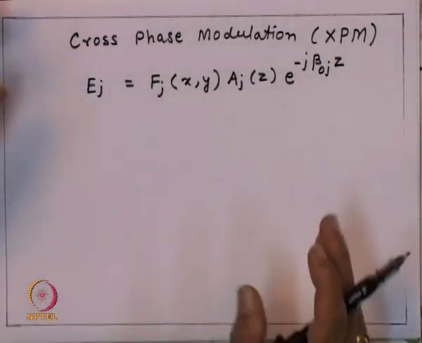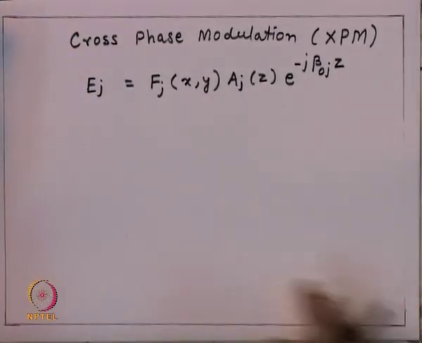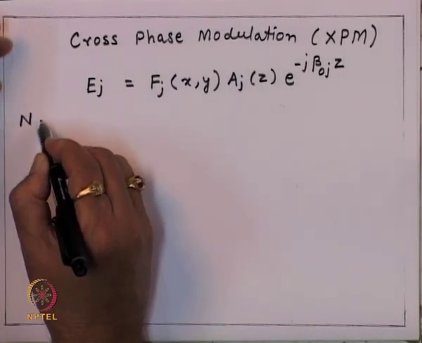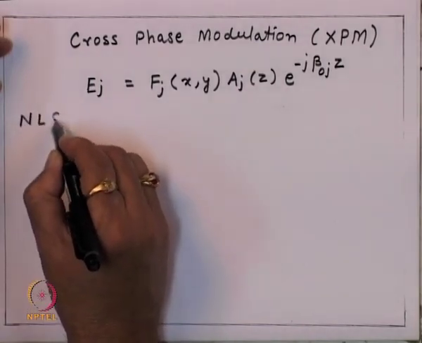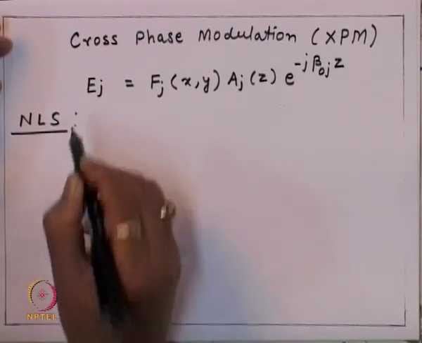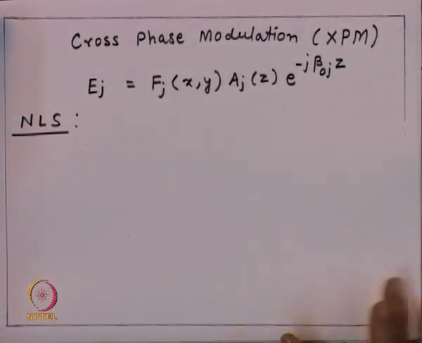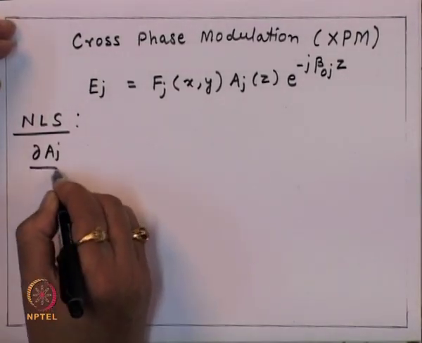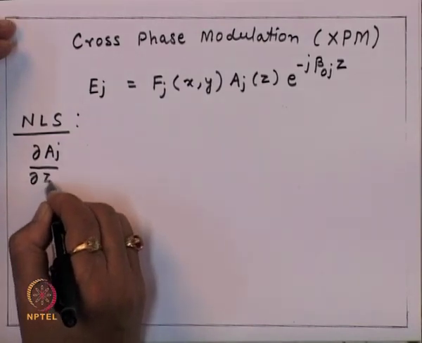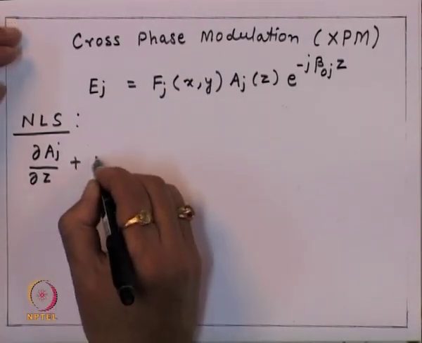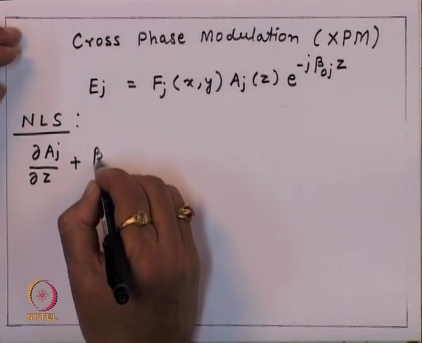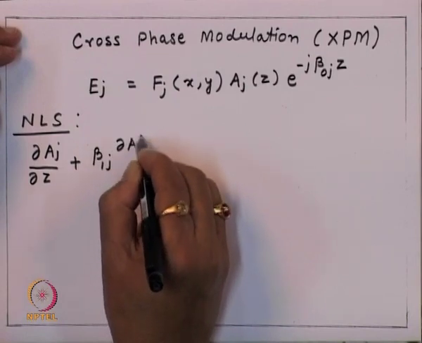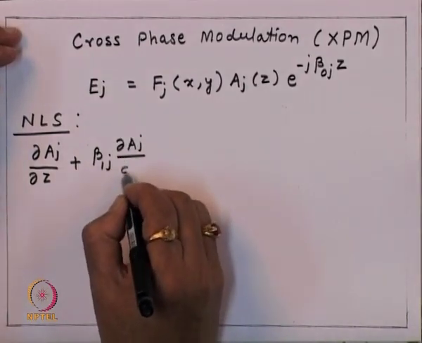So, following the same steps what you have done earlier, one would then get the nonlinear Schrodinger equation that can be written as dA_j by dz plus beta 1j dA_j by dt